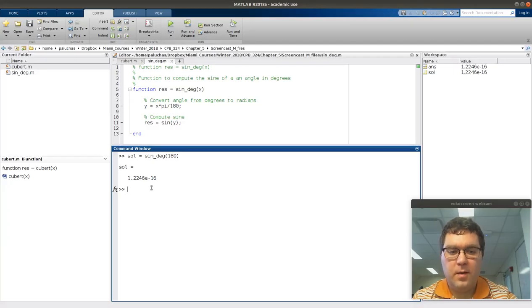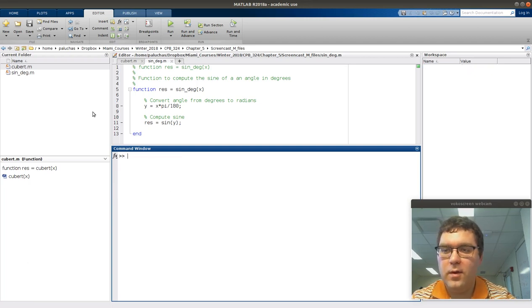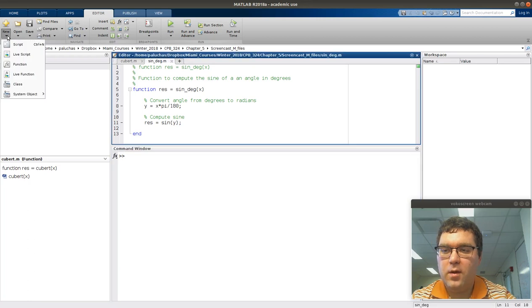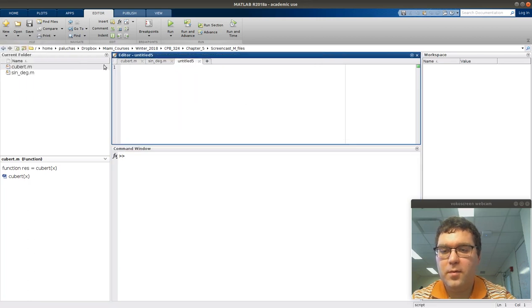Okay, so here I am back in MATLAB, and the first thing I'll do is clean up from our last example. So I'll clear the variables just to start with a clean palette, and clear the screen. Okay, so we're asked to create a new function. So from the Editor tab, I'll click New, Script,